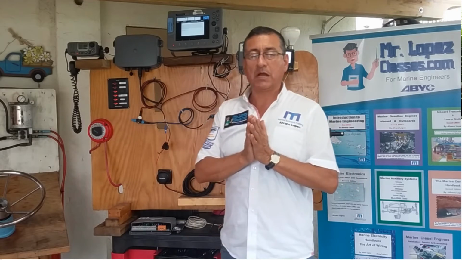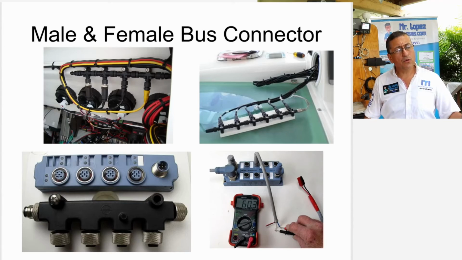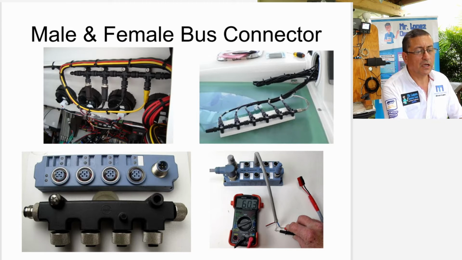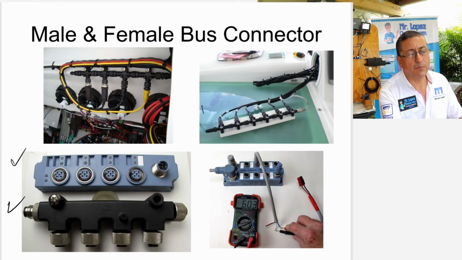Right now we are going to talk about that information. Okay, those are examples in this picture. This is males, this is females, bus bars, and those are the connection with T's, 1, 2, 3, 4, 5, 6 T's together. And this is another example of 1, 2, 3, 4, 5, 6 T's together, and the